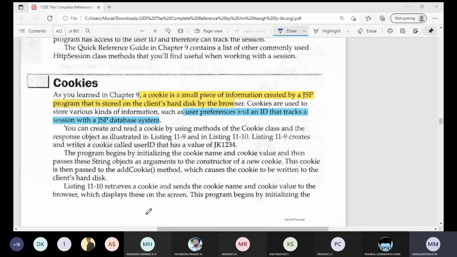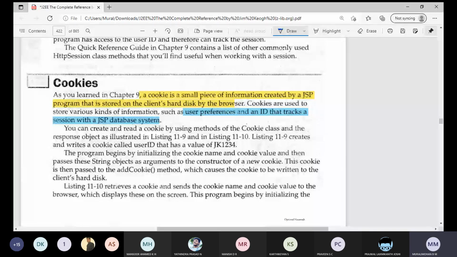You can take this as a best example of where the cookies are acting and where the session tracking is happening. Now you can observe our meeting is continuing from the last. Even though the internet has been reduced, the timing is the same. It is continuing, so this is session tracking.